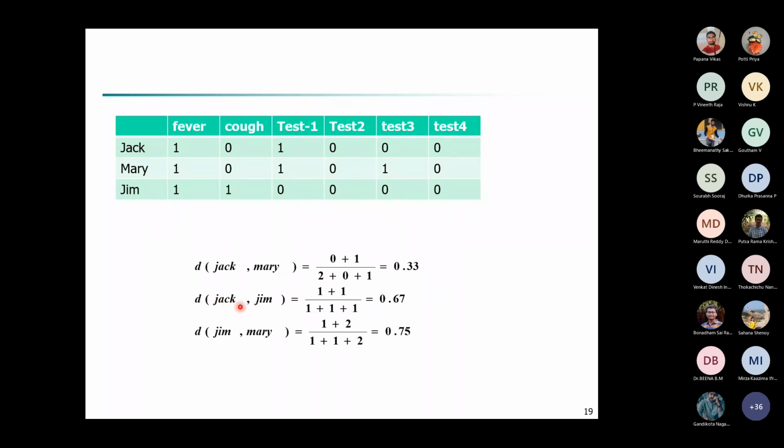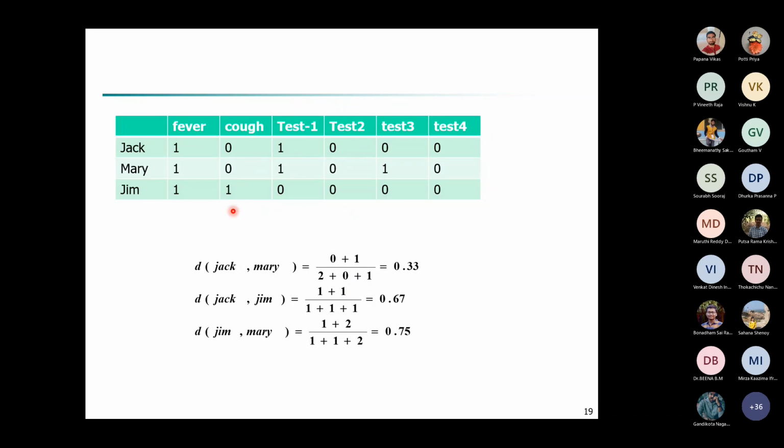Now can somebody try for Jack comma Jim? First row and third row you have to compare. First you have to tell me how many 1 0. Student: 1, ma'am. Only test 1 we have 1 0. That is, in the first row we have 1, in the last row we have 0. Yeah, so that is the first R, which is 1 0, we counted as one attribute. So that is 1. Now S is the 0 1 combination. First instance 0, last instance 1, that we have only one place. So we count it as 1.